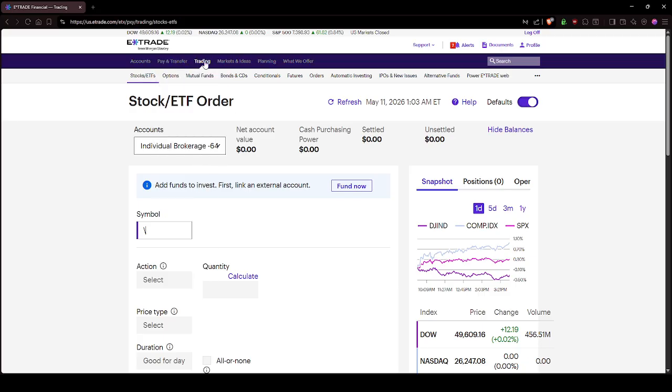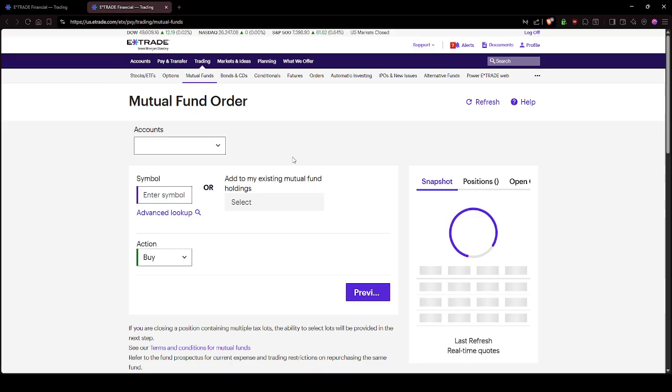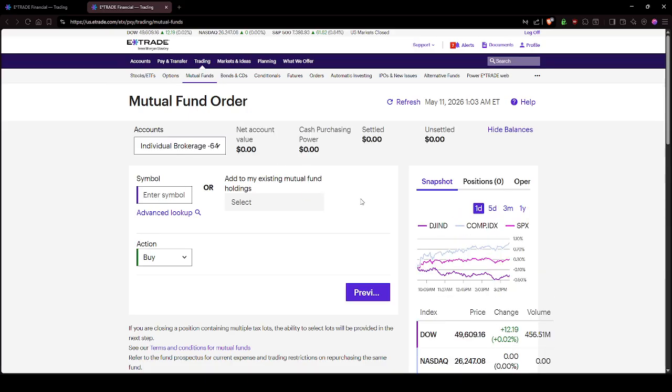Now that you have your account set up, log into Etrade and navigate to the Trading tab. From there, select Mutual Funds, and then use the search bar to find the index funds you are interested in. You can filter your search by category or performance to identify funds that align with your investment goals. Once you have found a suitable index fund, click on it to view more information, including its performance history, fees,